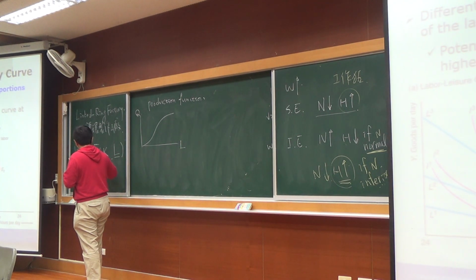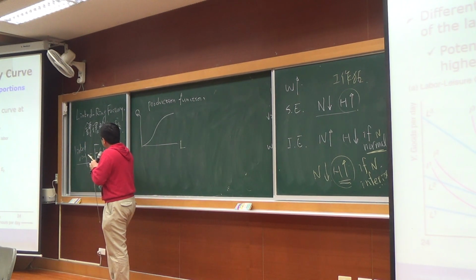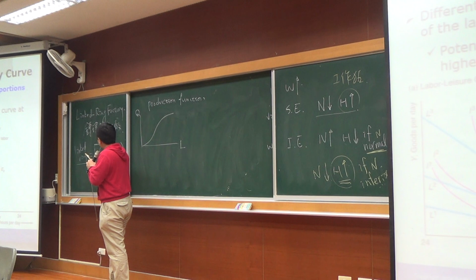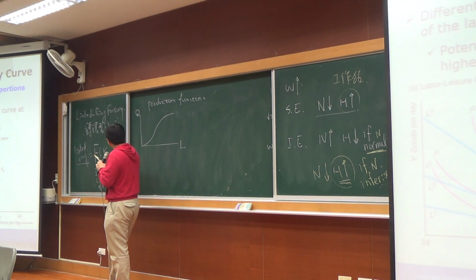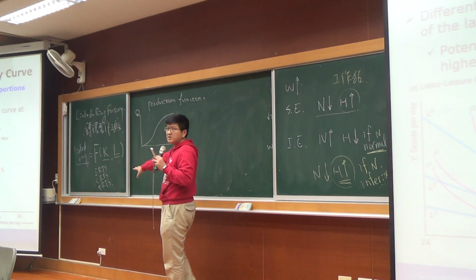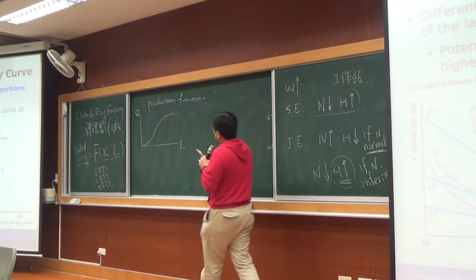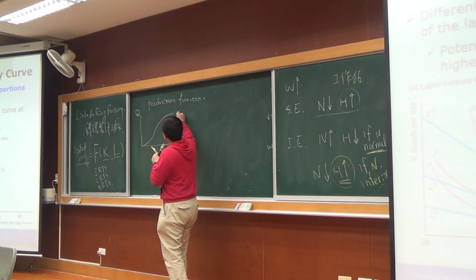IRTS, CRTS, DRTS is about when we multiply K and L at the same time. So both capital and labor change. So it's nothing to do with IRTS, CRTS. So for this production function